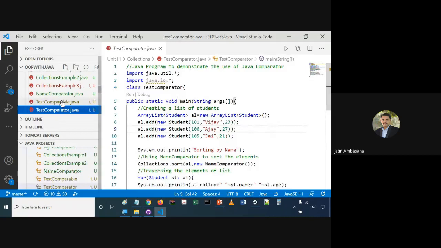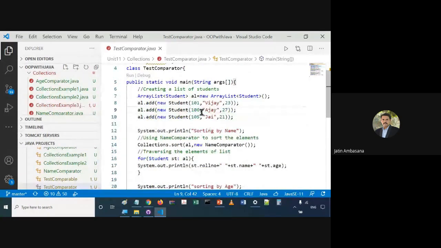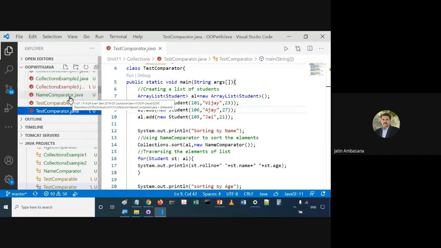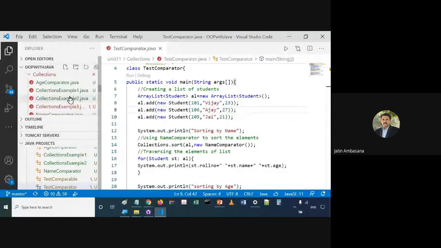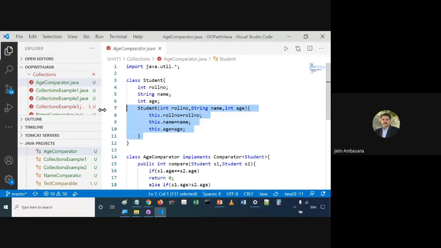So, the same student class. There is this age comparator where we have the student class, and we have the same properties for the student class.